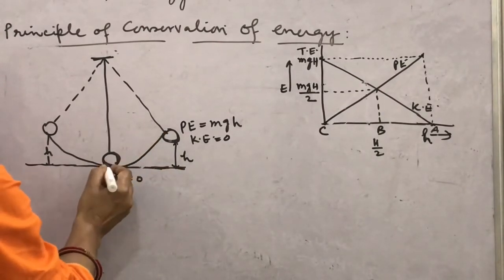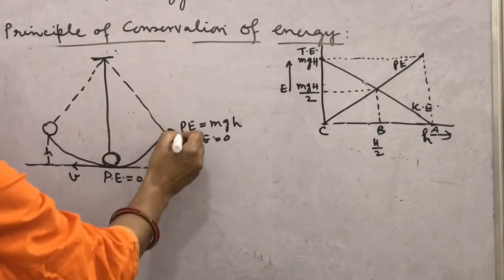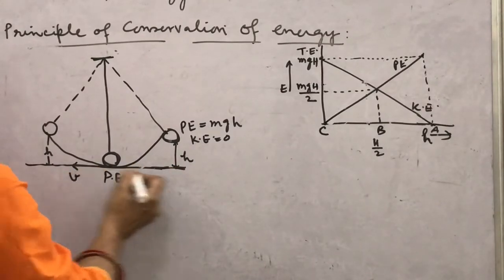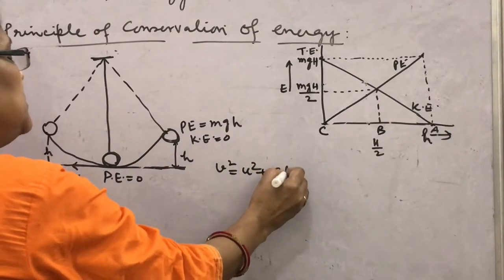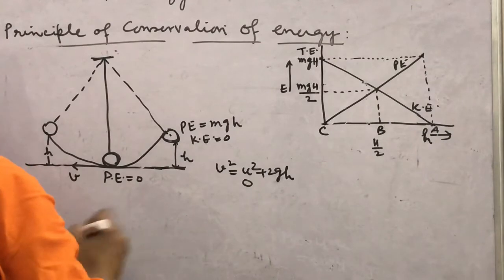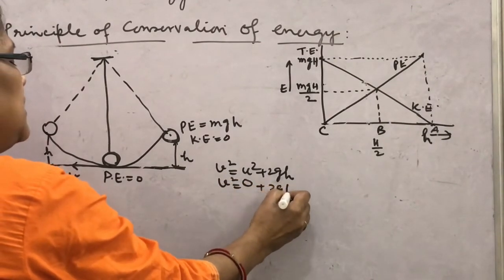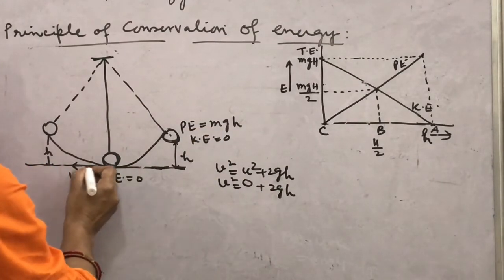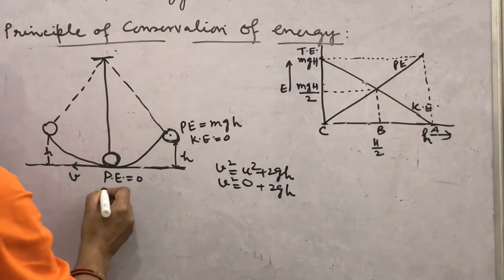In the mean position, suppose from here it again comes towards the mean position, then it acquires the velocity. This velocity is suppose in this direction. How will you find this velocity? From falling height h, it acquires this velocity v, then you know v square equals u square plus 2gh. Here the initial velocity u was 0, then what is v square? Equal to 2gh.